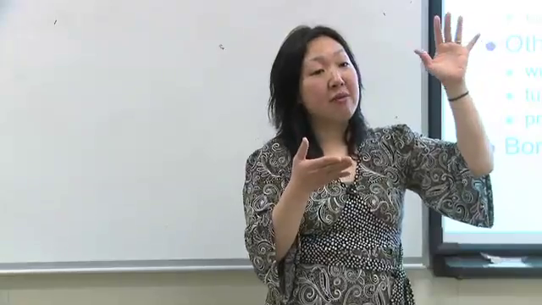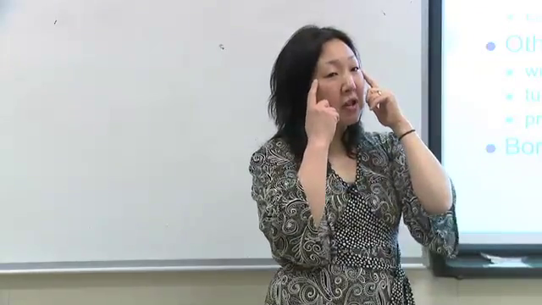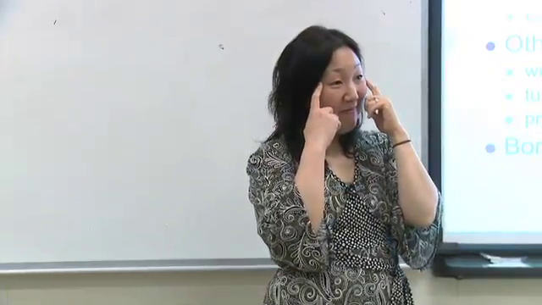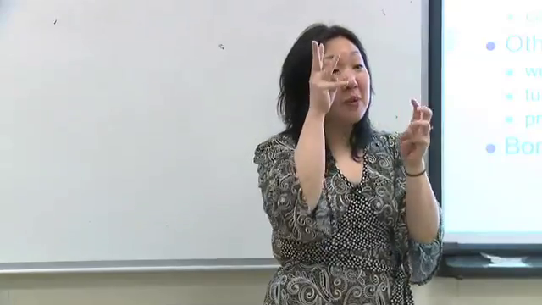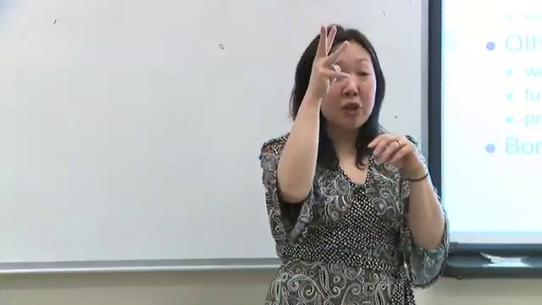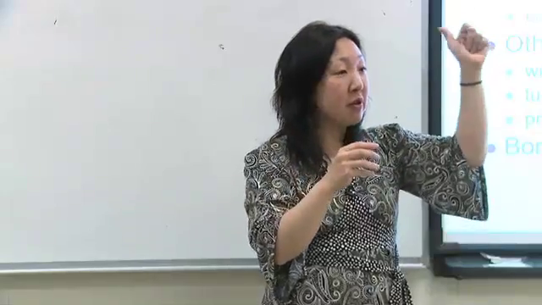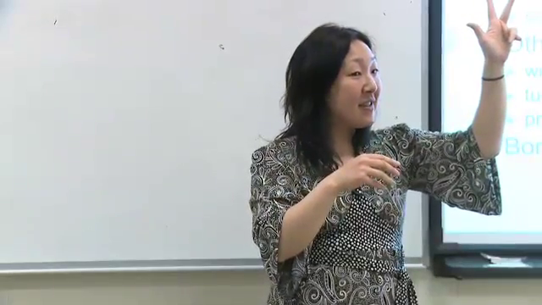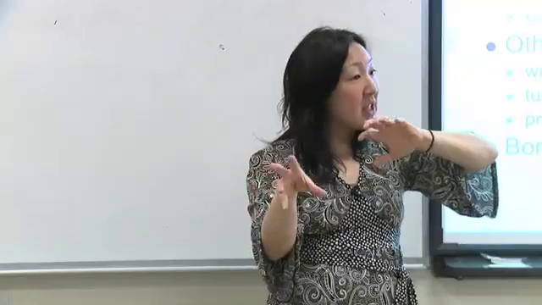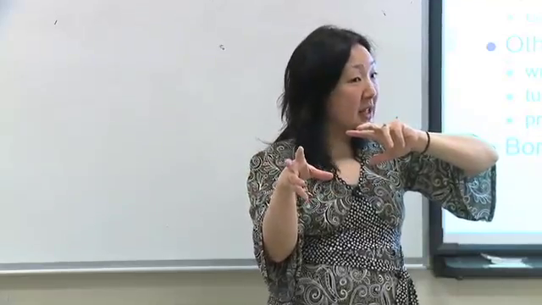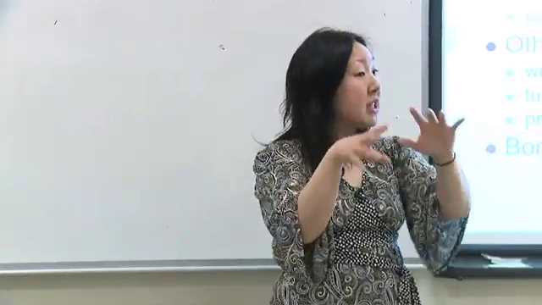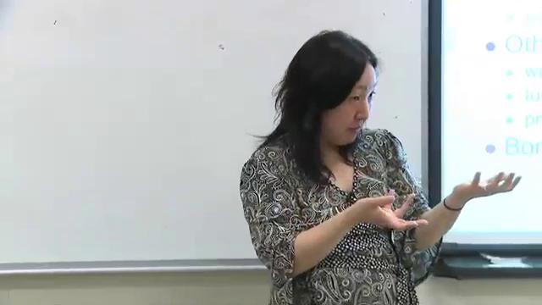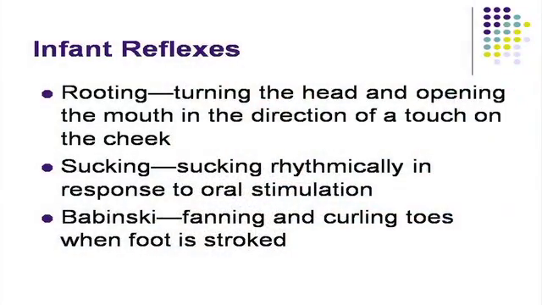You know why we have red first? Remember we talked about the visual system? It's a combination of three colors, right? Because three phosphors, remember? Blue, green, and red. Right. So red is easier for the babies to see as a color. Then they develop more green and blue and a mix of them. That's why, all right? So infant reflexes: rooting, turning the head and opening the mouth in the direction of a